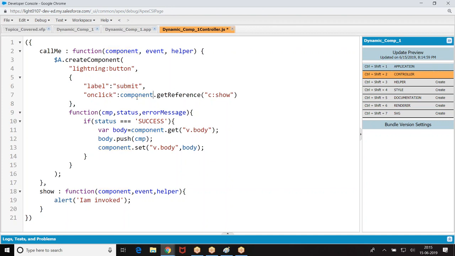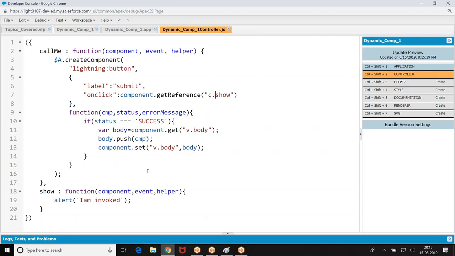They used cmp, they wrote cmp. In our case, it is component. Component.getReference c:show. I gave c:show there. This is because you are trying to call an action. Component.getReference c.show.